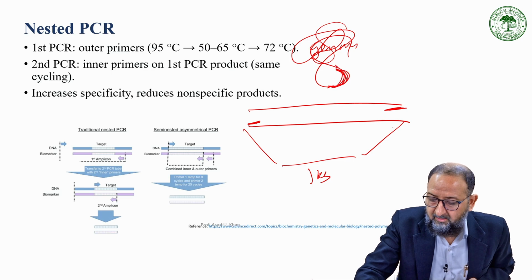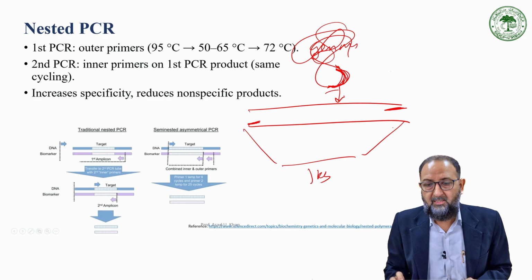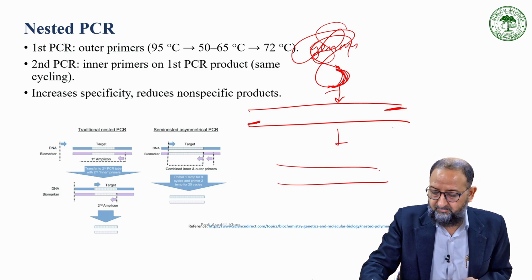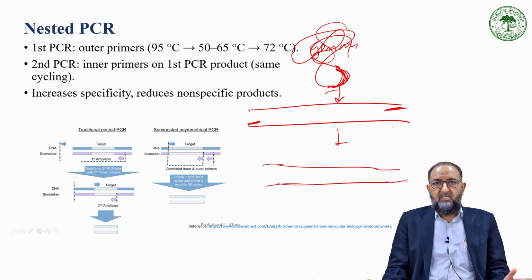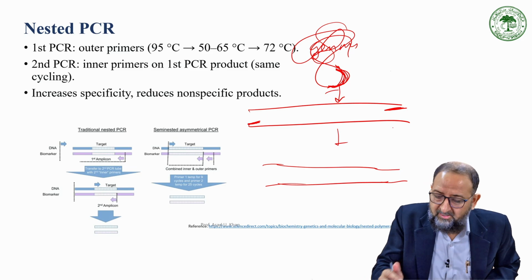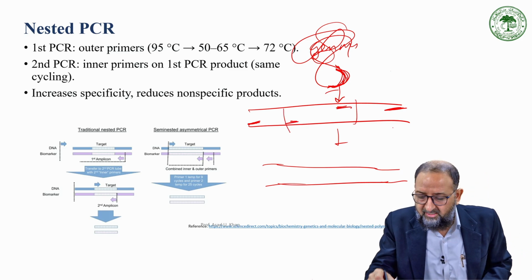It binds here. It will give you this product, right? Or it will give you finally this product. This product, if it is the correct product, right? If it is a specific product, then the inner primer that you have designed within the gene right here and here, this one, would definitely bind here,